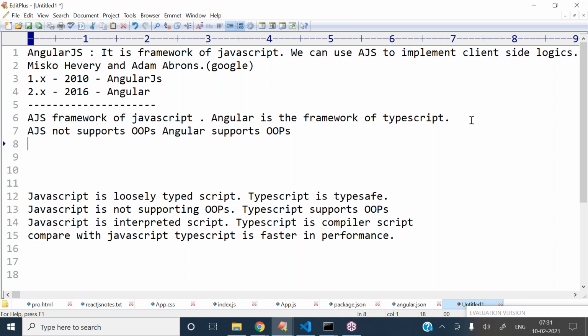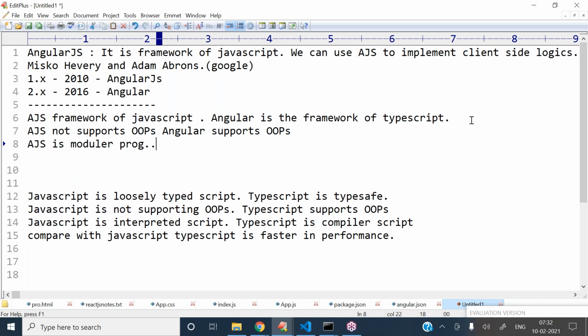Next one. AngularJS is modular programming.